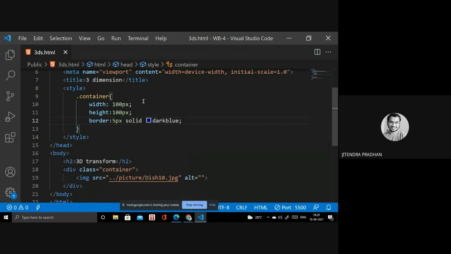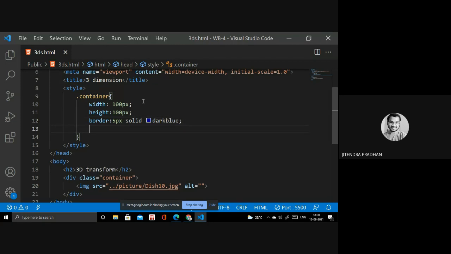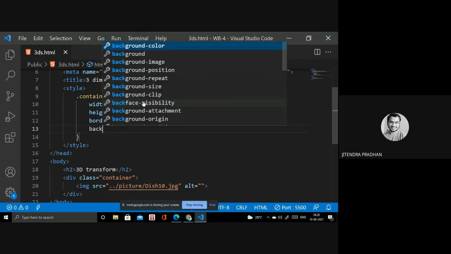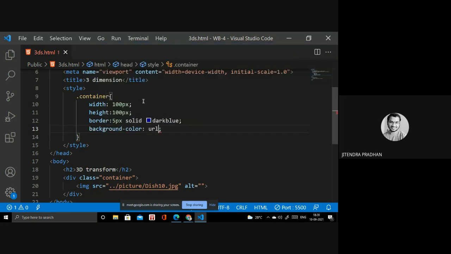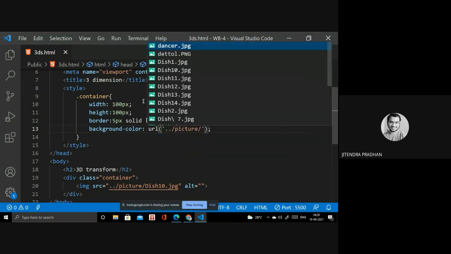Next we need a picture. For the background you write the background, and in that you use url, uniform resource locator, and write the path.